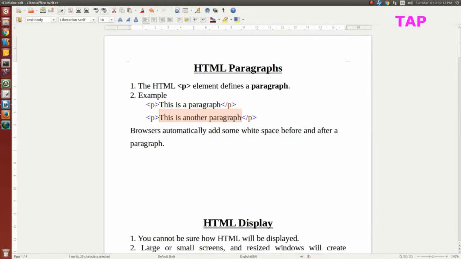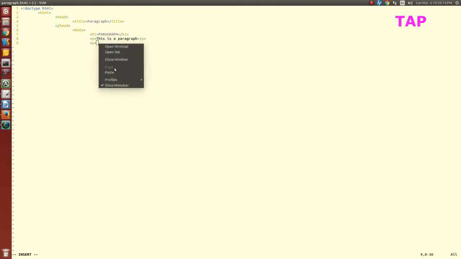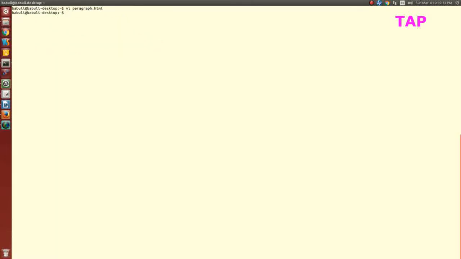I will close this body part. Now let's save it, so we can see the document. Now we will run it. Okay, here it is.